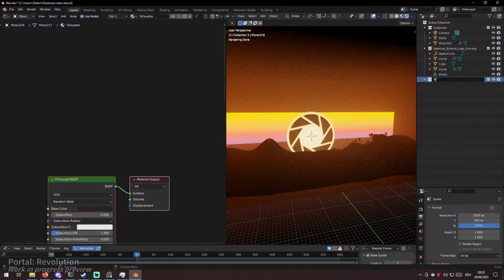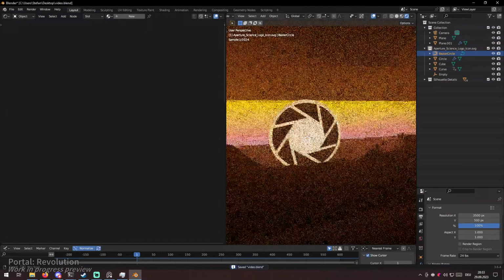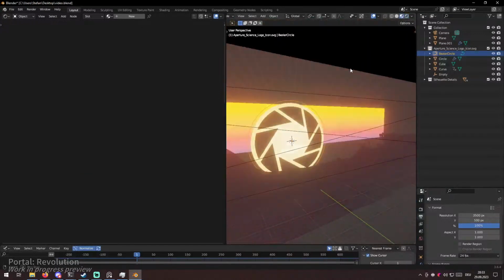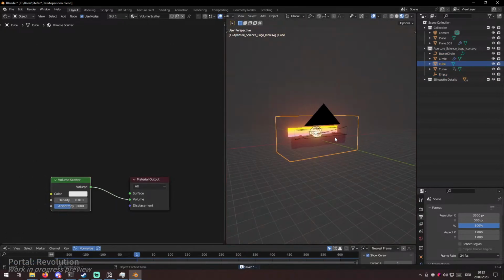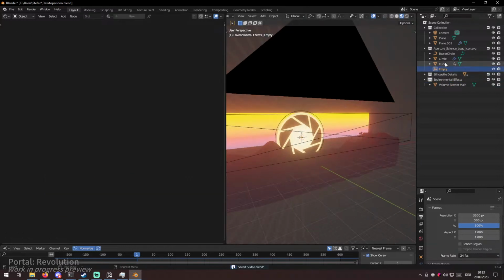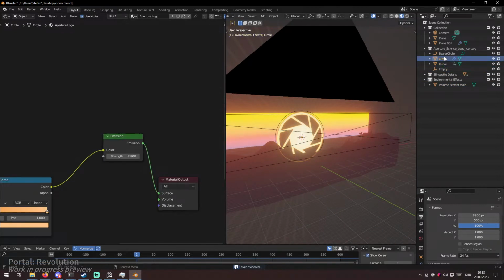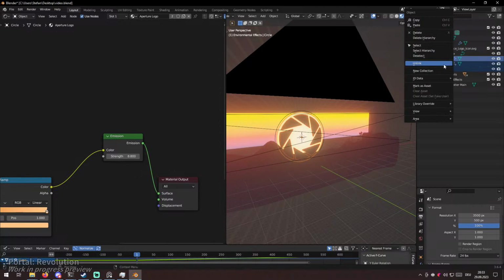Let's call them silhouette details. Yeah, let's just organize this in general. Where is that? That is this, okay. I'll call them environmental effects. Move it there. Volume scatter main. This, that, and that should all go into